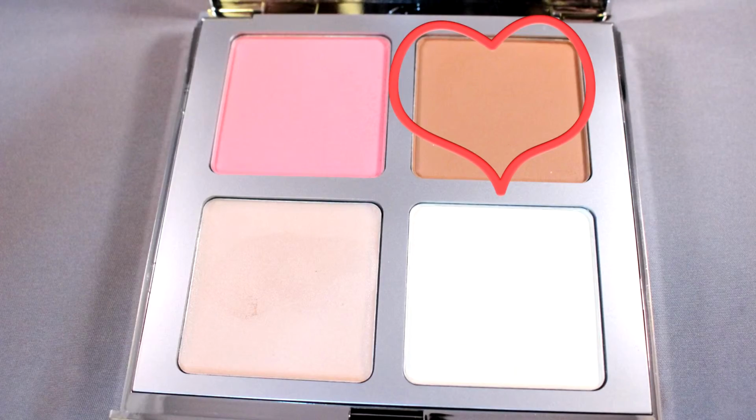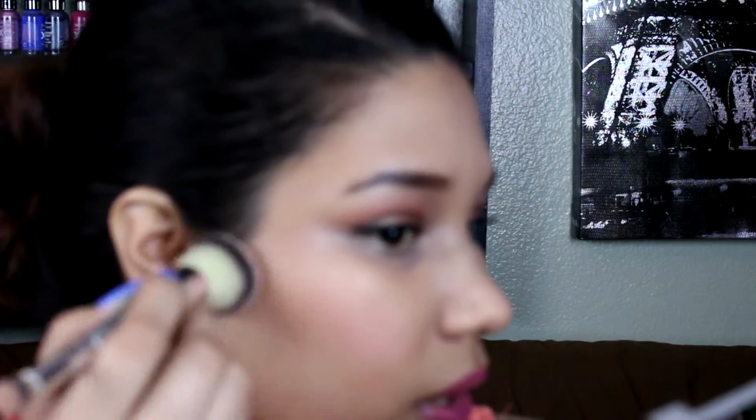I'm gonna change the light setting real quick. So I really like how smooth and pigmented these powders are. Just tapping it and dusting it on gave me a nice natural flushed cheek color. As you can see, it goes a long way. I'm now gonna go into the bronzer and just kind of bronze the temples and the cheekbone, my chin,